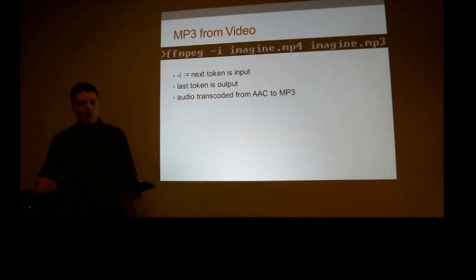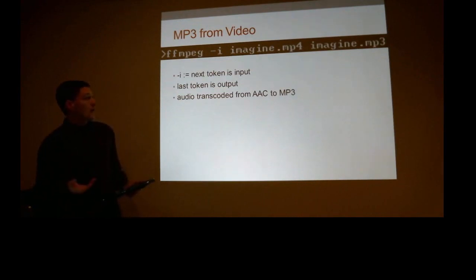It's pretty common that you might want to extract the audio from a video file. In this case, we could extract an MP3 from an MP4 file. So on the command line, you'd specify ffmpeg -i, and then your input file, which in this case is the video file, and then your output file. There's no corresponding -o like there is -i. Anything on the command line that is not interpreted as an option or an input file is considered the output file. In this case, the audio is transcoded from AAC format in the input file to an MP3 format in